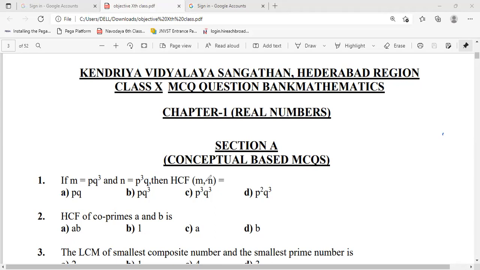Now, today we will discuss some CBSE Term 1 questions, only objective MCQs. I will explain in a shortcut way, with answers within 30 seconds. Try to understand. These questions are prepared by Kendriya Vidyalaya. Before going to the answer, first of all pause the video and read the question properly, then you see the answer, then you will understand clearly.